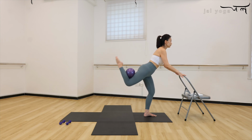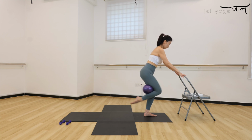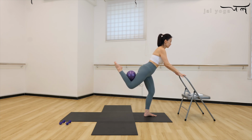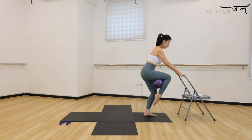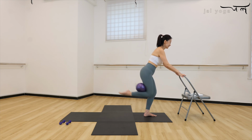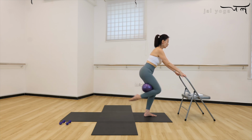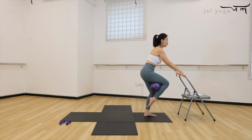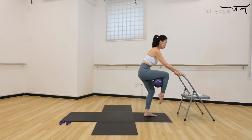We're going to do 8 here, 7, 6, 5, last 4, 3, 2, last 1. We're going to hold here, bring nearer to you, so knees towards your chest, and squeeze and hold,